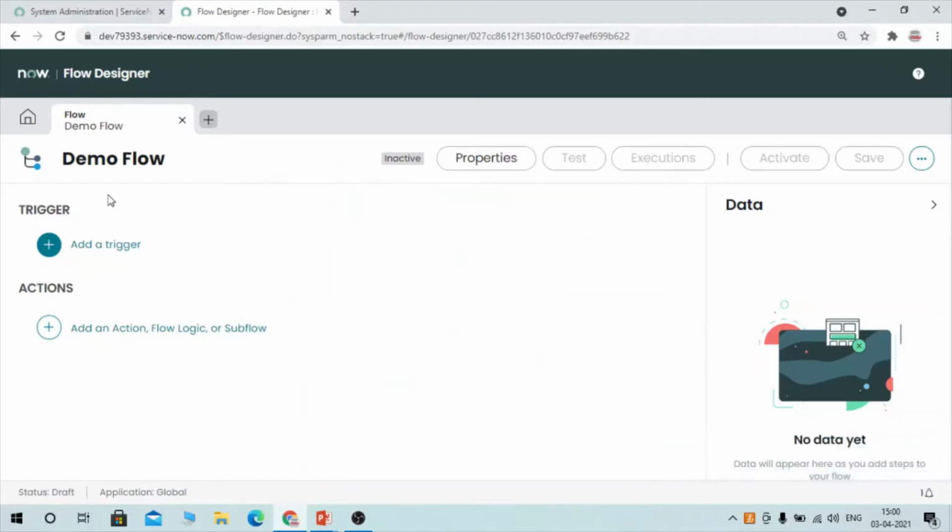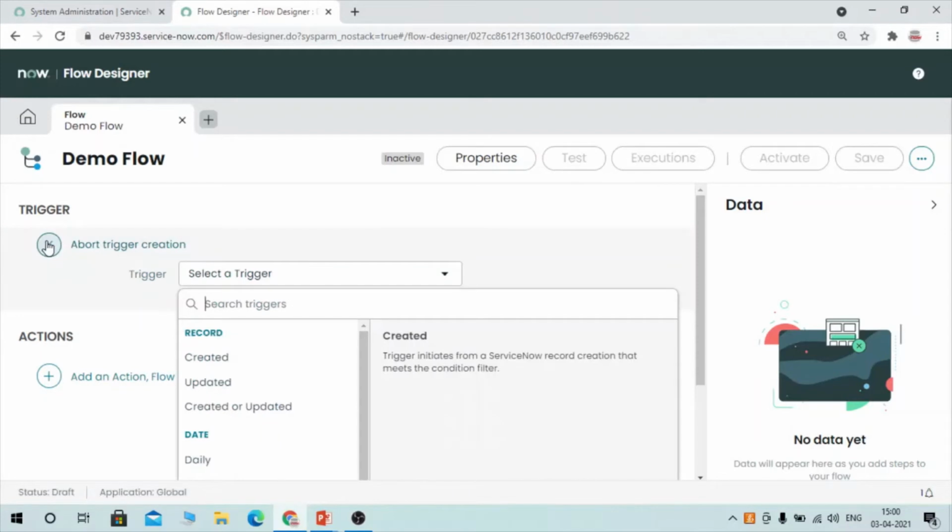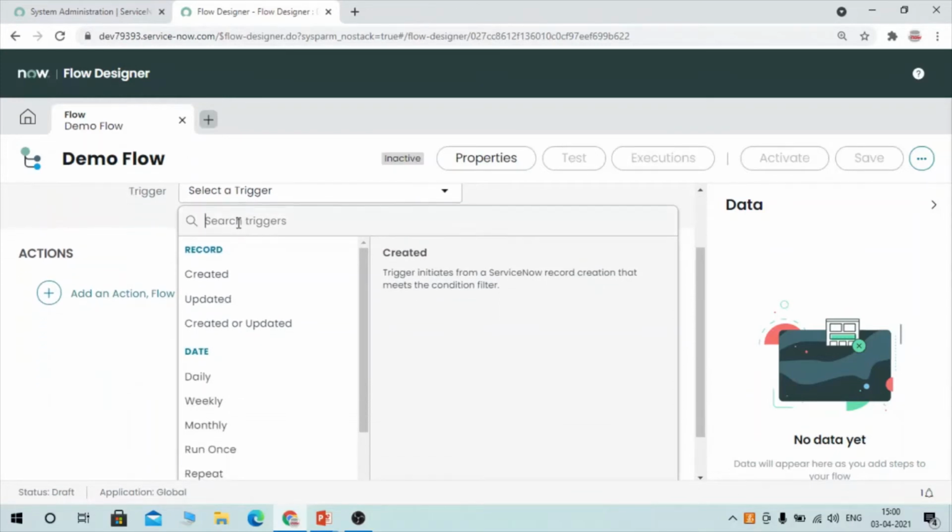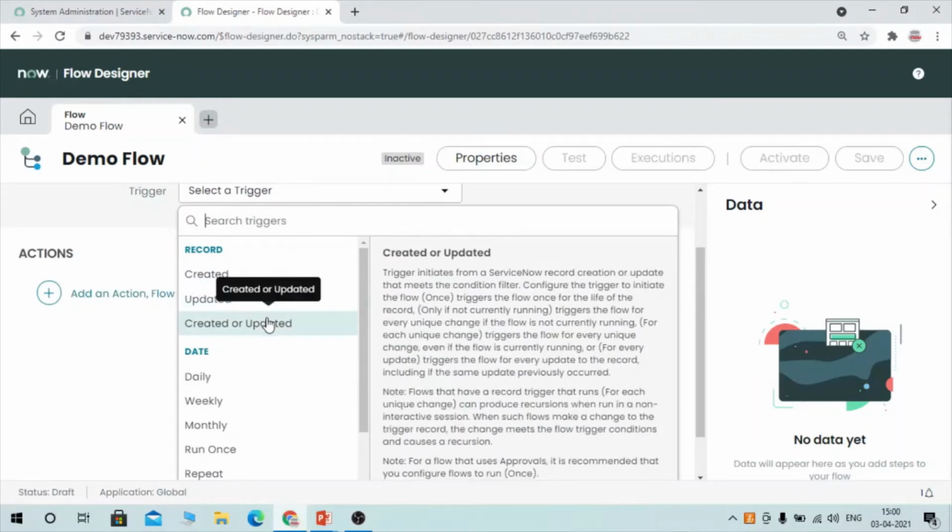Okay, so here you would see once I have created this flow, you have the option to add the trigger. You have to define the trigger condition, and only then will this flow be triggered once our trigger condition matches. So you have many things here. In trigger condition, you have options based on created or updated.